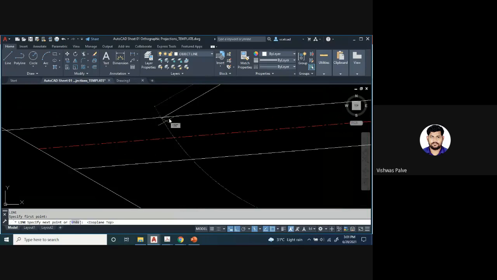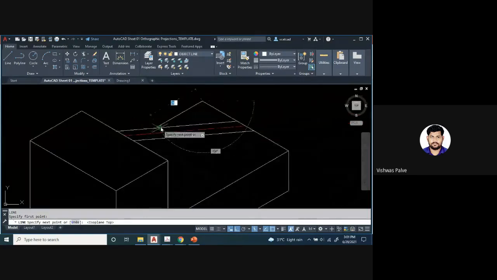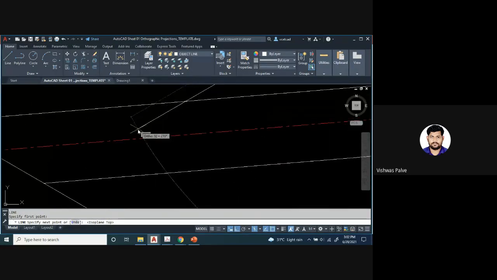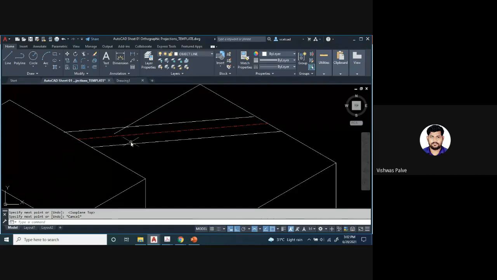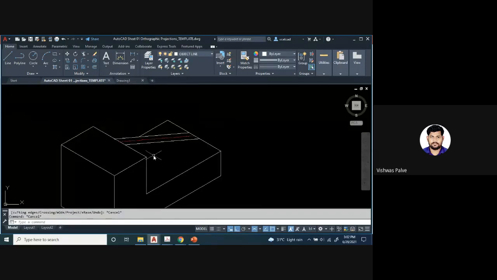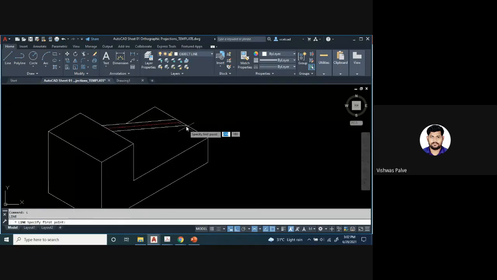Now what happens? Suppose you try to end this line somewhere here, it will run here and there. In such a situation, you have to zoom in and extend. See that the green color is not showing at the end points, so the snap setting should be off. You can turn off that snap setting, draw, and remove the excess part. Trim it off. L enter, from this point again, extend it beyond the line.